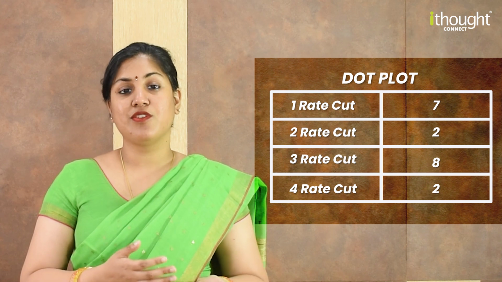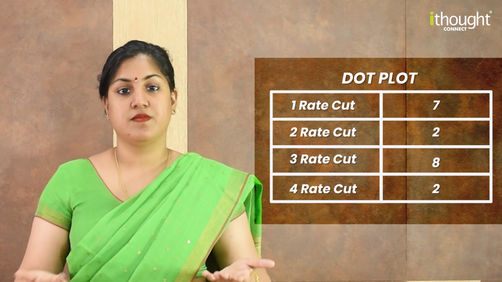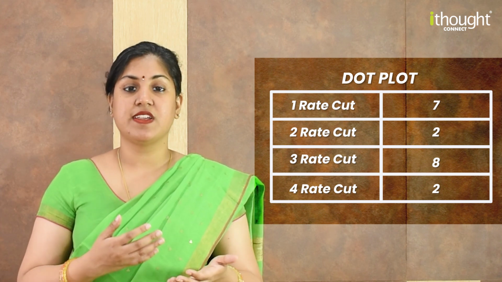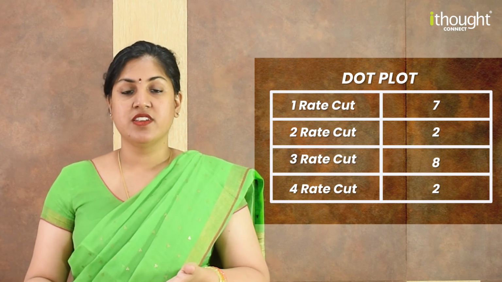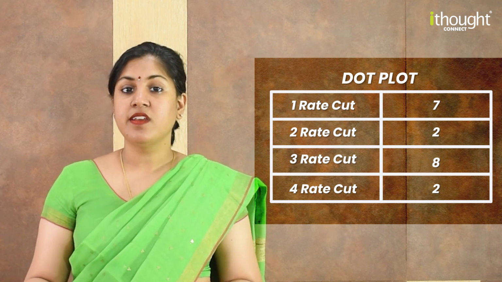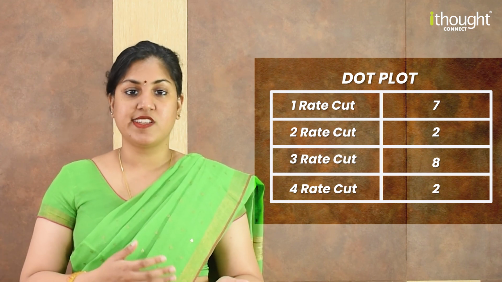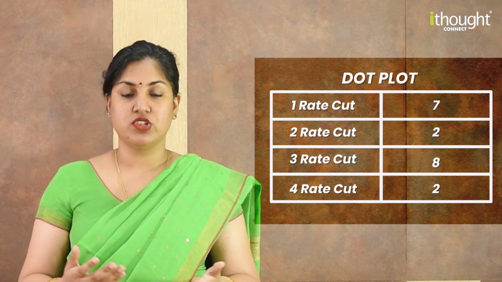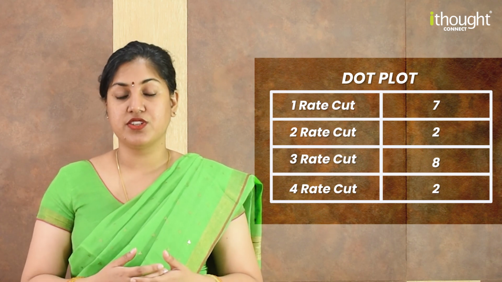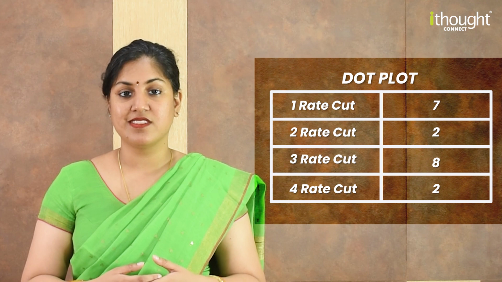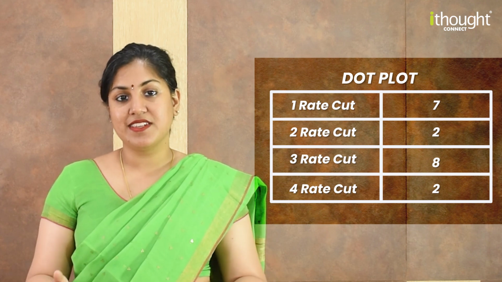2 members expected to go down by 2 notches, that is by 0.5%. 8 members expected to go down 3 notches, that is by 0.75%. And another 2 members expected to go down by 4 notches, which is a whole percentage in terms of interest rate cuts. So this is a very interesting split between how the Fed is thinking about the trajectory of interest rates in 2025.